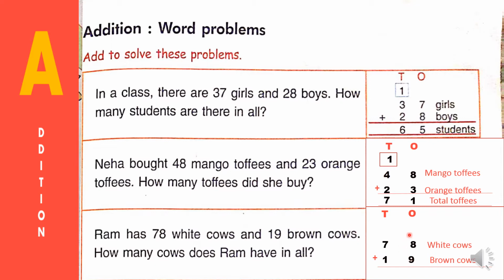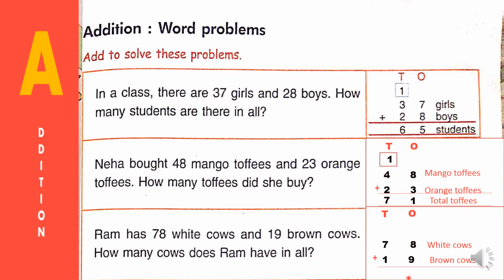Okay, so when we are doing addition, first we have to add the ones column first. So 8 is there, 9 is there. Which number is the bigger number? 9. So 9 is in your mind, and 8 is in your hand. Open 8 fingers, children. 9, after that 10, 11, 12, 13, 14, 15, 16, 17.